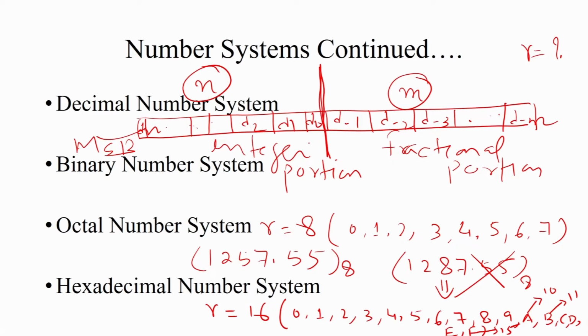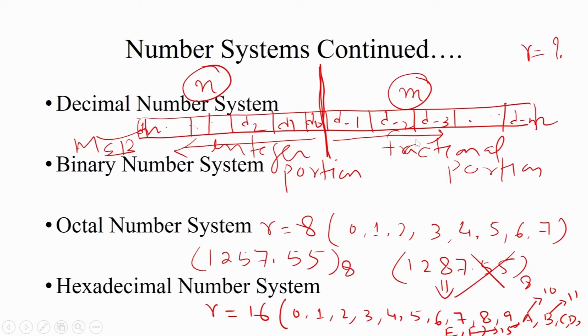When we consider the integer portion only, in case of an integer number we start from the least significant bit and move up to the most significant bit for converting to the decimal equivalent of that number system, moving from right to left. And for computing the decimal equivalent of a fractional portion, whether it is a binary, octal or hexadecimal number system, we simply move from left to right.